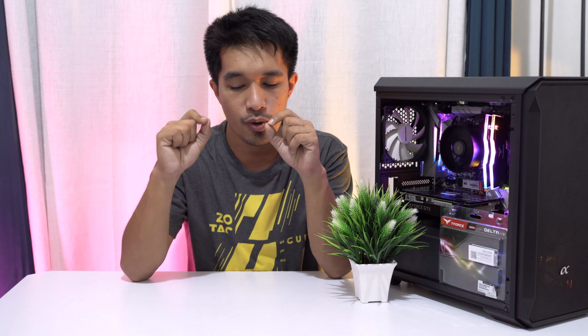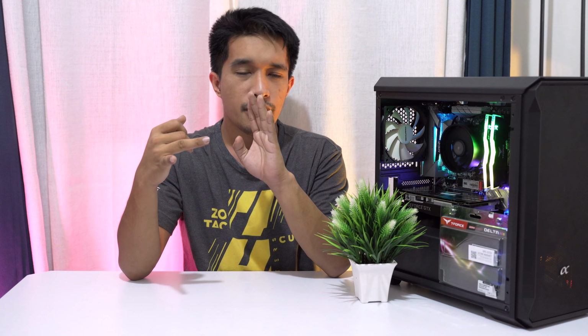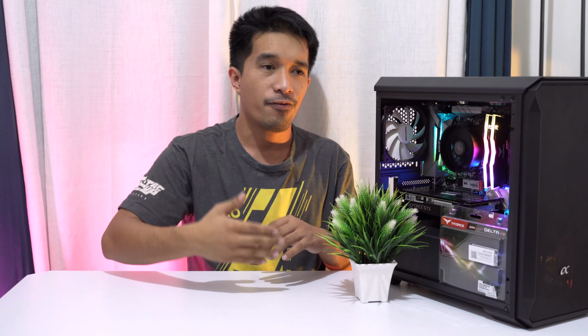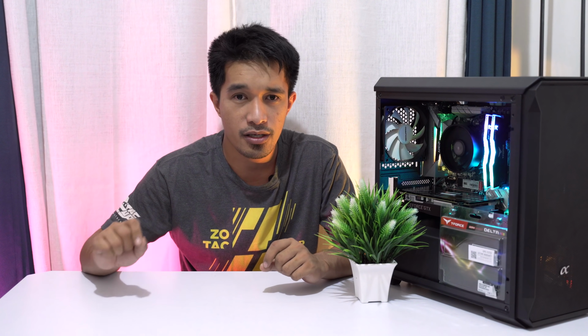When you are trying to choose or when you are trying to build something, especially kahit maging anong budget pa yan mga kaibigan, lagi nating tandaan na yung mga AIO aftermarket cooler, kung hindi ka naman nasa mainstream component like Ryzen 7 3700X above or i7 processors above, yung mga aftermarket cooler, yung mga LED strip, RGB fans, pwede mong isunod yung mga yan. If you have the chance to have a casing with those included fans or free stock fans, mas maganda pong eto po yung mga casing na pwede mong i-avail. Para kahit papaano, ang focus lang ng budget mo is with those processors, video cards, or processors and video cards